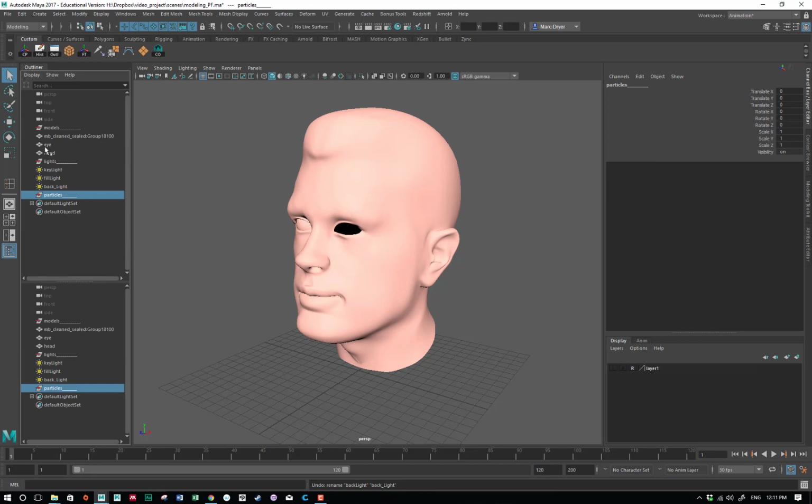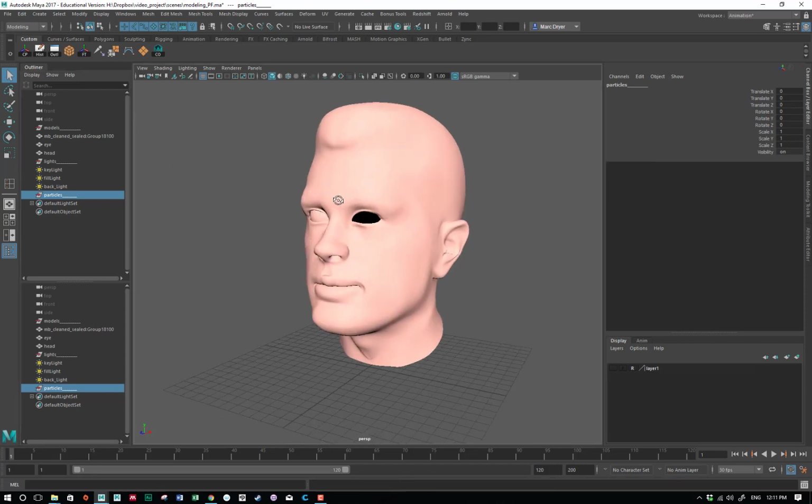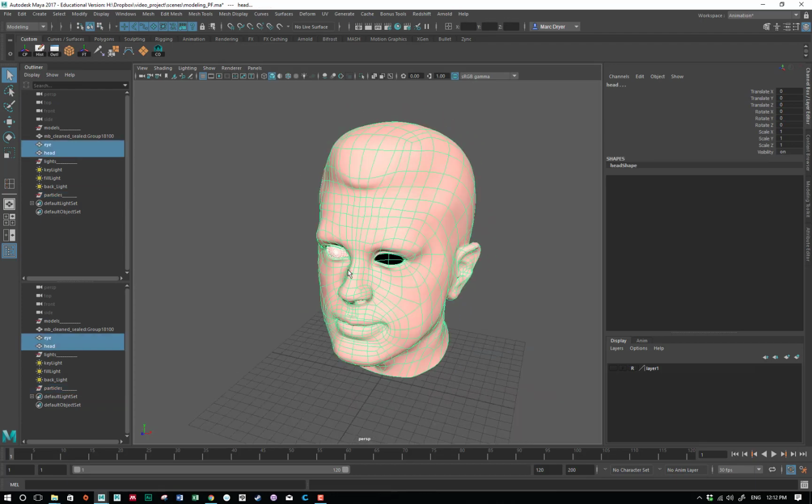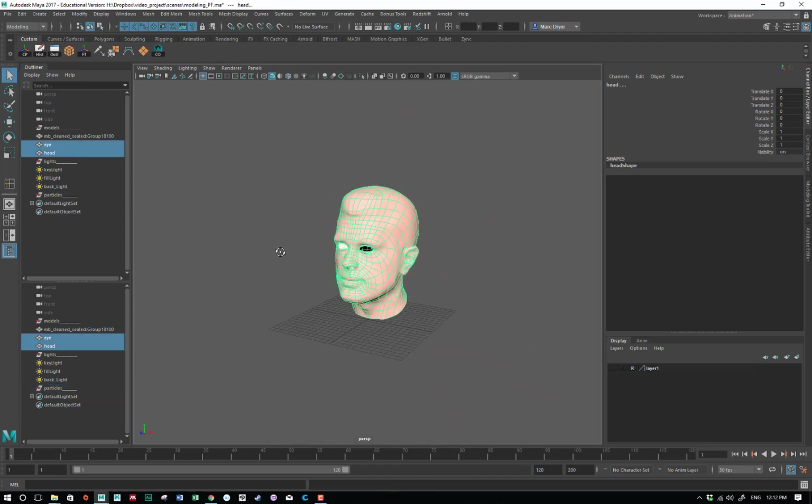So naming things, organizing things. But what's more important is to actually set projects in Maya. So what we're in right now is what's called a Maya scene file. And so a Maya scene file can be just for modeling, it can be for animating, whatever. But often in a project for a whole animation, you're going to have a series of scene files, some with models, some with animation, some with lighting, so on. And so you need to have a bigger container for all of these things, and in Maya that's called a